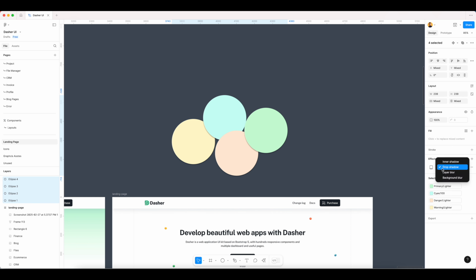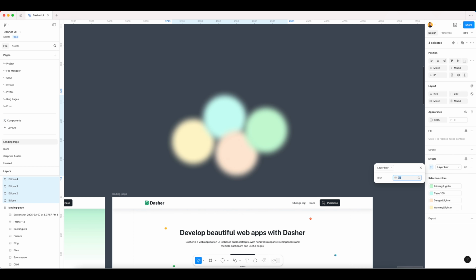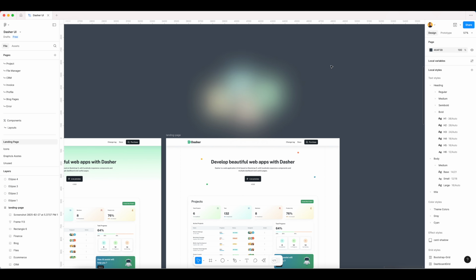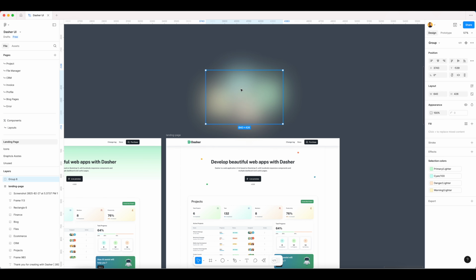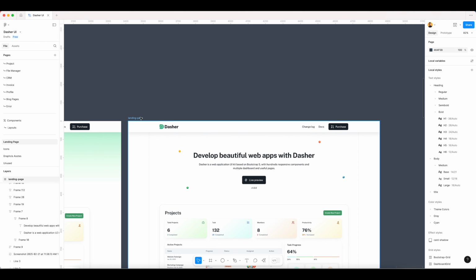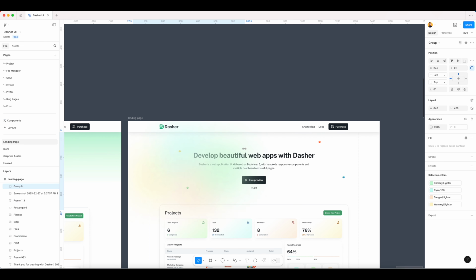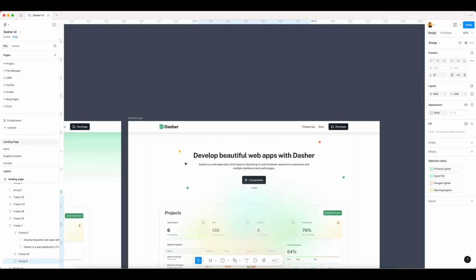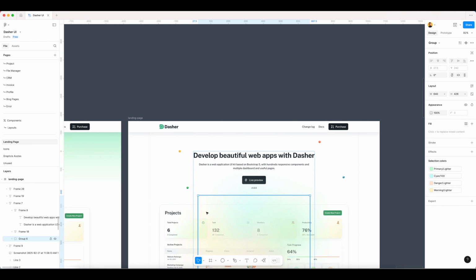In the effect I just select layer blur and adjust the property till it looks like a glow effect. After giving this effect, just convert it into a group and place it into the landing page, and I want this to be behind the title, so just go back to the frame of the heading,